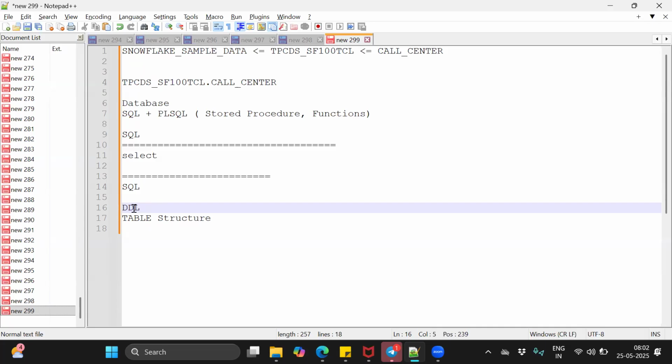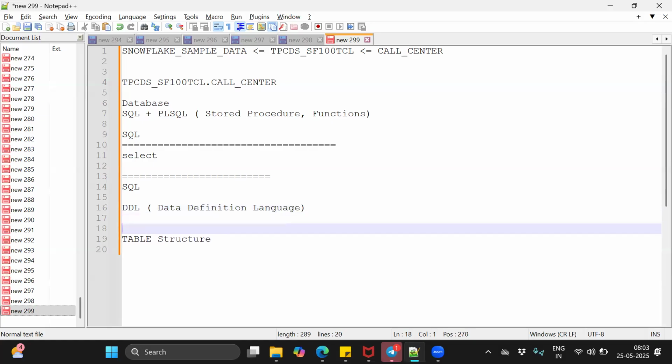Data definition language means we are talking about the information about the table, information about the column, information about the data type. So those things we are going to talk about. So under DDL, I'll give you the definition. Data definition language. Under that, we have